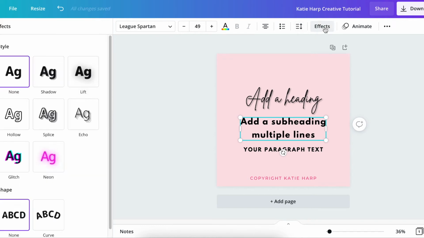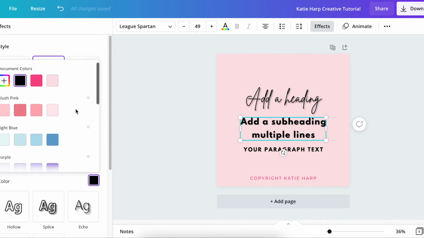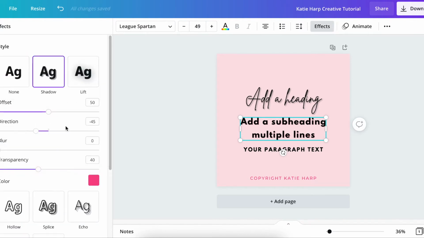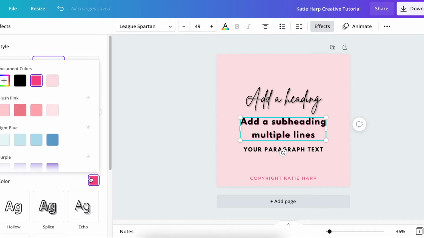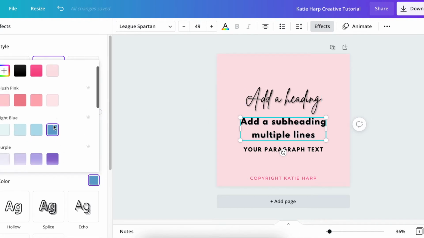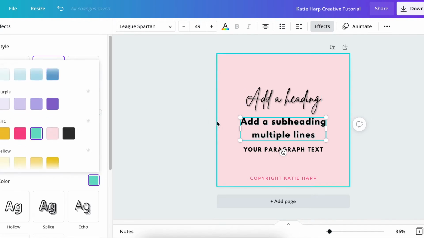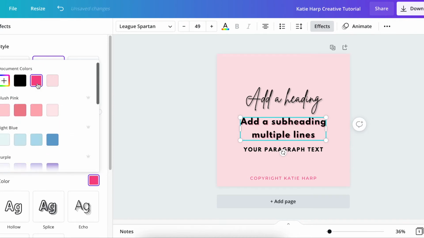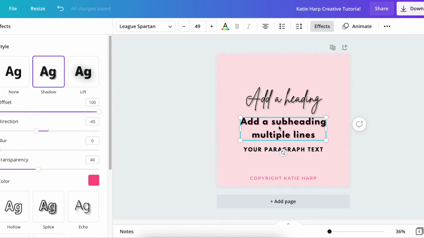So then back to the effects. I'm using this really bold text. Now I can try out some of these styles and see what they look like. So for the shadow, I can change the color of the shadow, which is interesting. So I can have it offset by more, like that. And you can have this like any color, like I could have it blue or turquoise, which might not make sense on this pink background, but if I'm using this light pink background and I add a